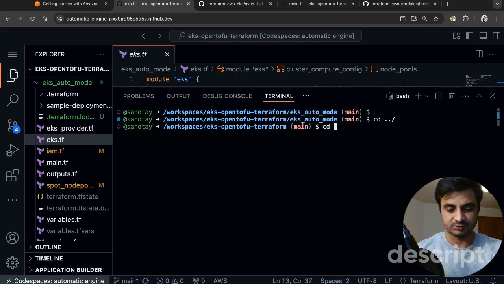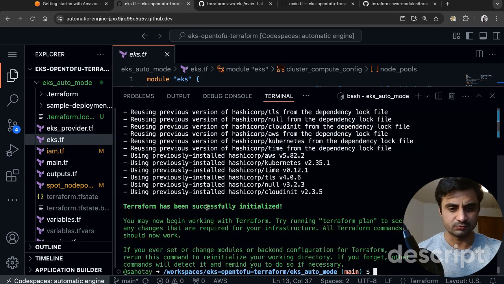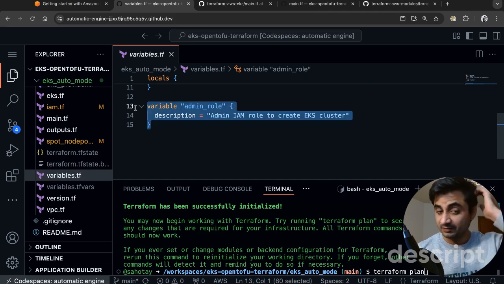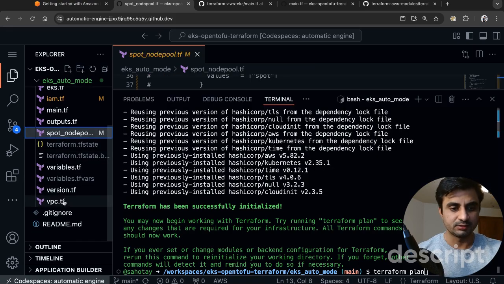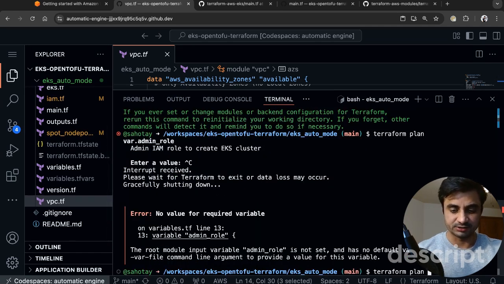So first, let's go to the EKS Auto Mode directory. Once you clone that repository, run the terraform init command to initialize Terraform, which will download the modules. Once Terraform is initialized, I advise you to run terraform plan. If you see, there is one variable which I would have to pass at runtime. If I run terraform plan directly, it will ask me to enter that, which I can avoid by just passing -var-file equals to variables